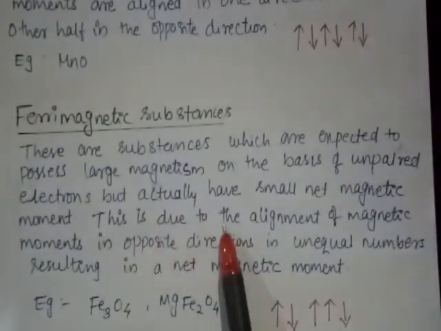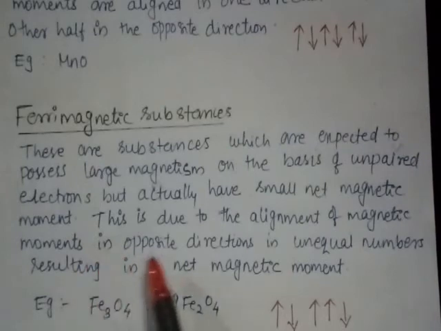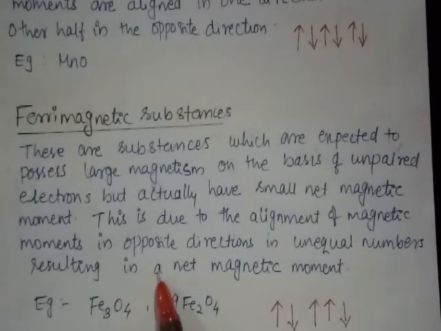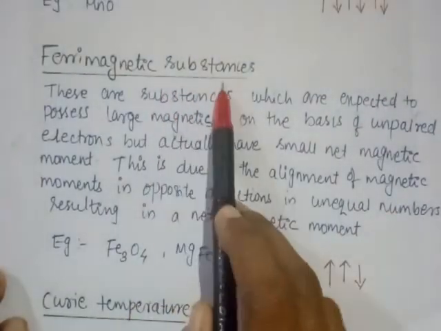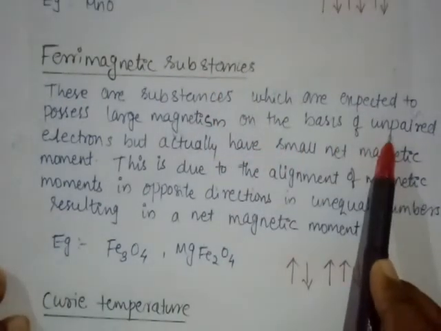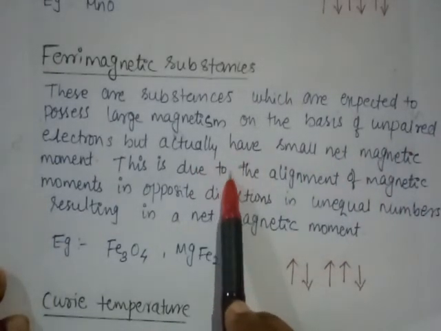This is due to the alignment of the magnetic moment in opposite direction in unequal numbers, resulting in a net magnetic moment. So the ferrimagnetic substance means they also have some unpaired electrons. So we may expect they have large magnetism,